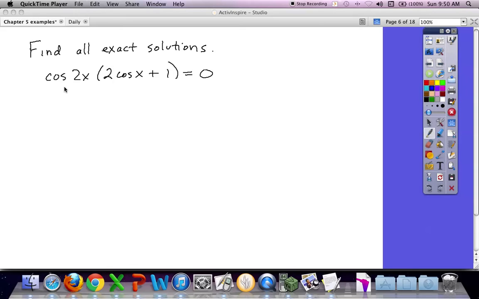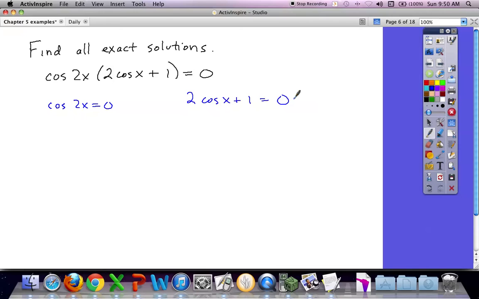So there's no substitutions to make it all in terms of the same trig function. There's no factoring to do. We can go immediately to cosine of 2x equals 0, or 2 cosine x plus 1 equals 0. And let's deal with the second one first, because I can see this first one's going to involve a multiple